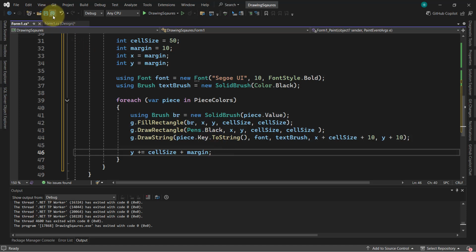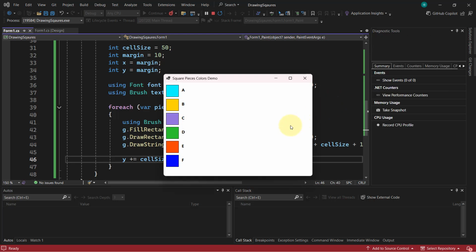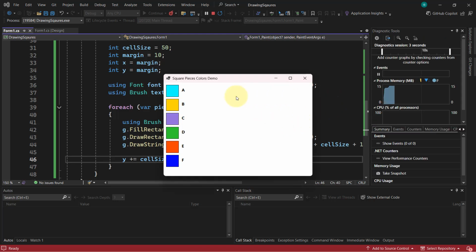Here you go. Let's save this and let's run it. Here we go. Here is the result. As you can see, we get these squares with different colors and the letters next to the squares. Here we have a light blue, and next to it the letter A, yellow, next to it letter B, and so on, letter C, green, letter D, red, letter E, and this blue, and next to it